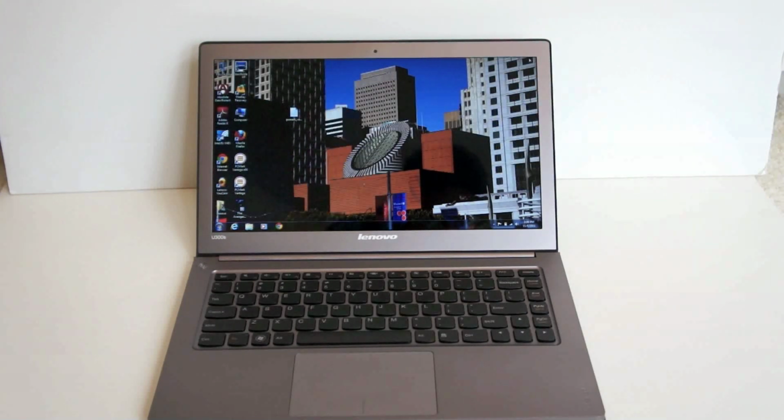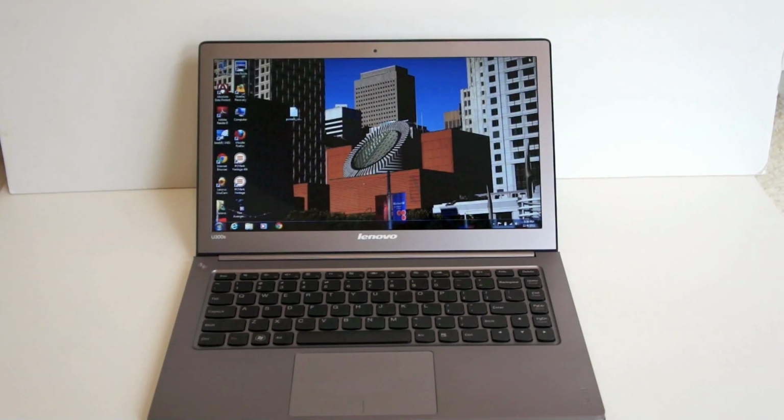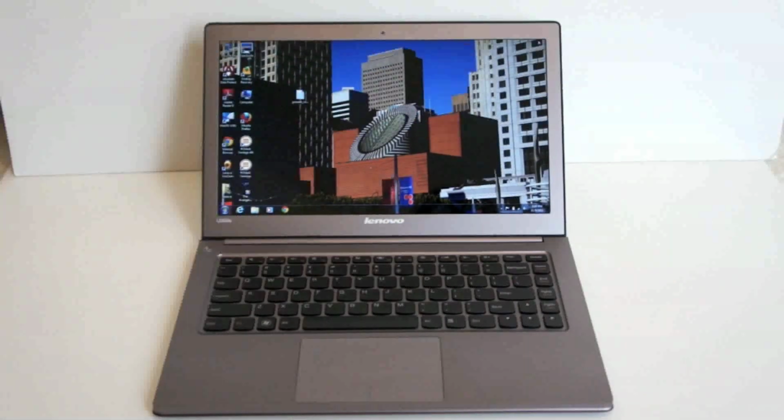It'll be available soon, again for about $1,100 to $1,500, depending if you want the i5 or the i7 CPU. Given that there is more of a performance spread with the 1.6 gigahertz that Lenovo use, it would be understandable to go to the 1.8 gigahertz model and double your SSD capacity at the same point. We do wish that Lenovo had gone with the 1.7 gigahertz that's used in the MacBook Air and also the Asus Zenbook for that lower price point, but it's attractive, it's unique looking,